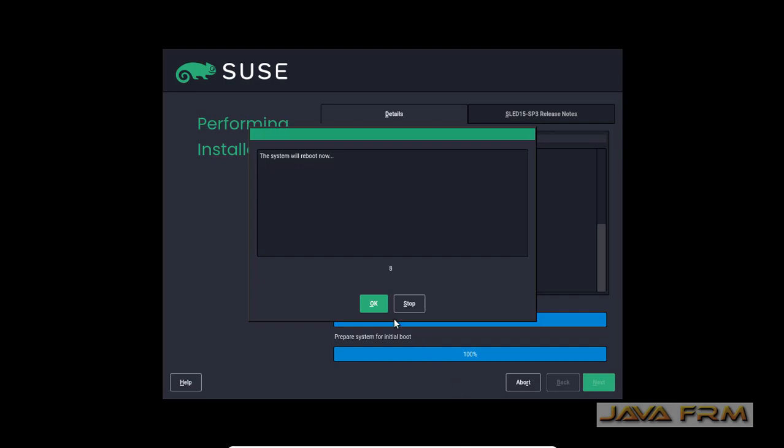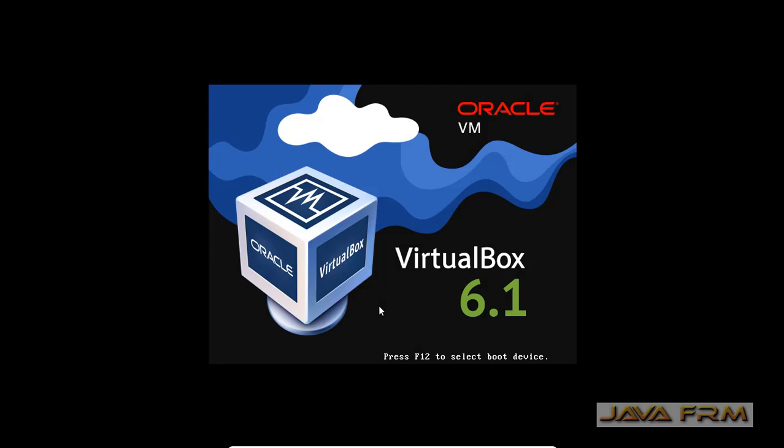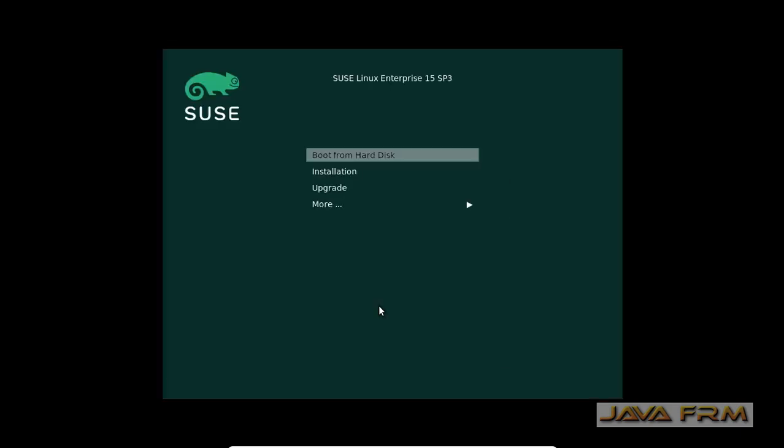So installation is done. Let me reboot the SUSE Linux Enterprise Desktop 15. Now boot from hard disk.